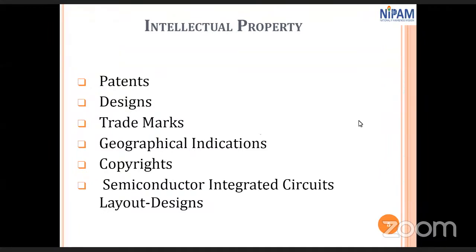So each one of these intellectual properties has an act and rules. Just like you have the Patents Act. Patents Act is 1970. Designs Act 1999. Okay, Trademarks Act, Geographical Indications Act, Copyrights Act 1956, etc. So this again, SICLD. So you have different acts and rules, and what we do is, like me